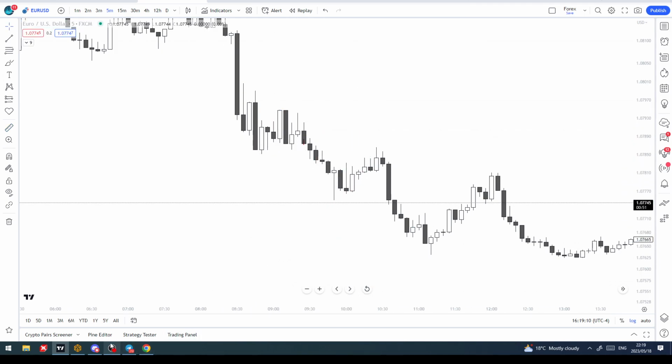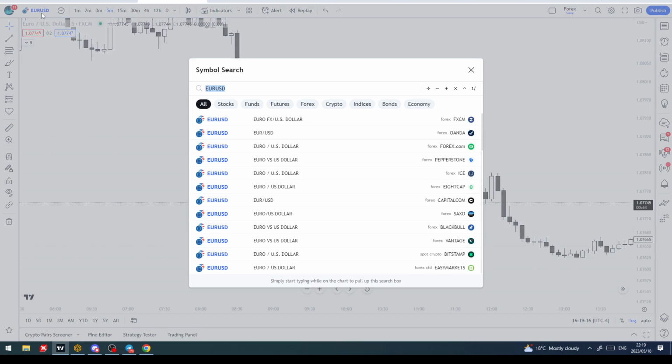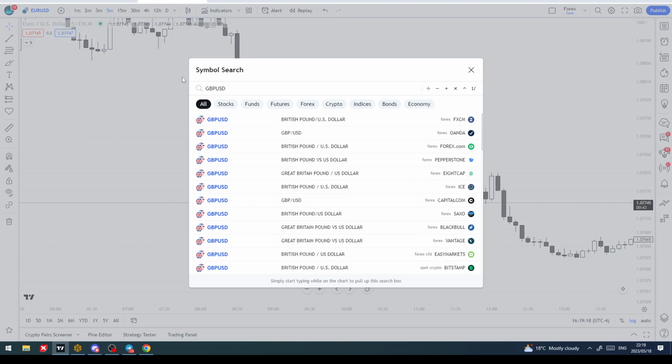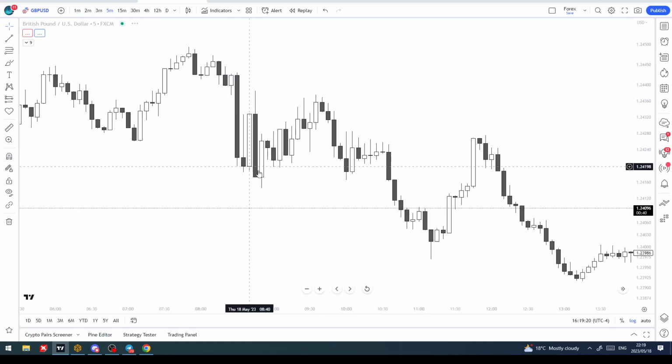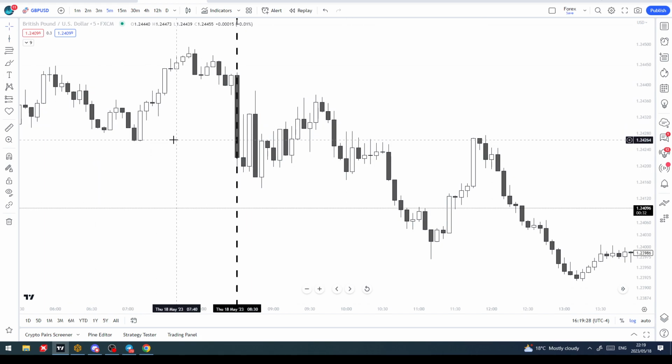Next one, I think it's GBPUSD. Let's take a look at what it is. Bearish confidence 83%. So GBPUSD, 8 a.m. is, 8:30 is here. Right. In this case, if the